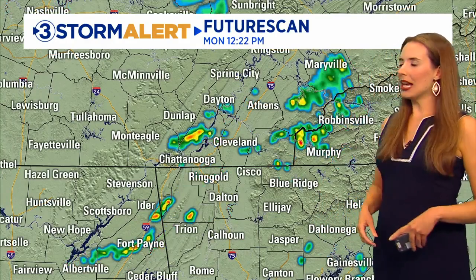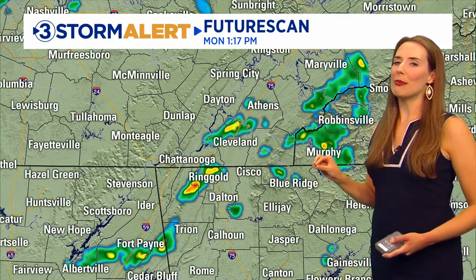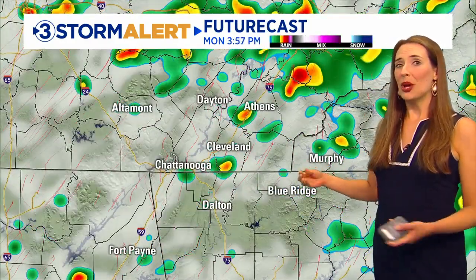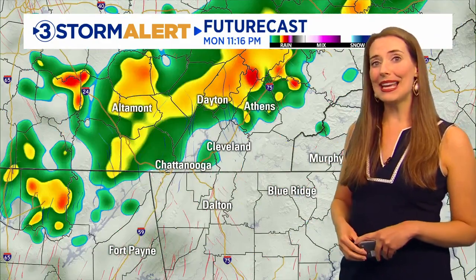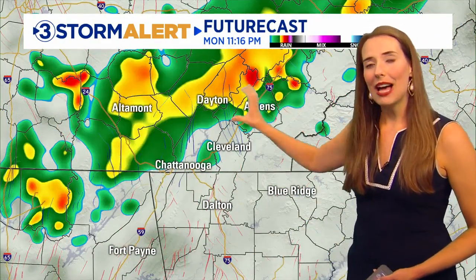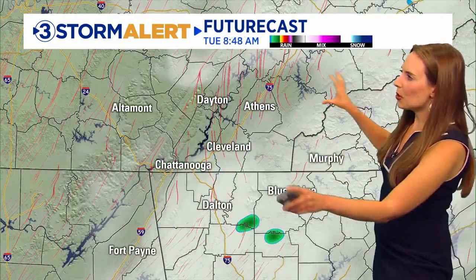So looking at future scan, that's going to take the current radar, pushing it forward an hour in time. We see that west to east movement, but notice how it's still very much hit or miss. So it's going to be that scattered activity. That's what we'll be expecting really for the rest of the afternoon, and not just for the afternoon, but yes, some waves of activity even into the evening time and tonight. So after the sun sets, 11 p.m., midnight, still having some of those rain chances across the area. I think after about 2 a.m., most of that's going to fade out,